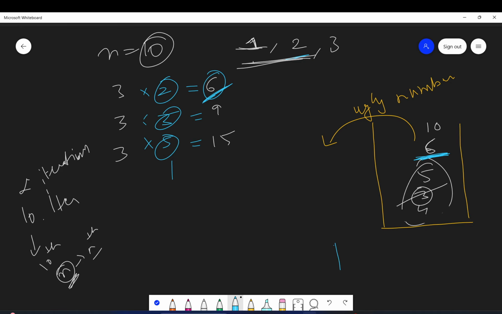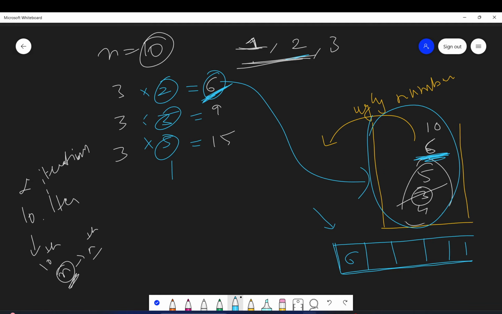So you have to have a new data structure to keep track of which elements you have already added in the min heap, because you obviously cannot add duplicate elements, right? It will violate the count of the ugly number. So if you have 2 times 6, obviously it will hamper the count. So you will have some data structure wherein you will check that this 6 is already present in the min heap, so this 6 I will not add again. Okay, so you can have some seen or visited data structure.